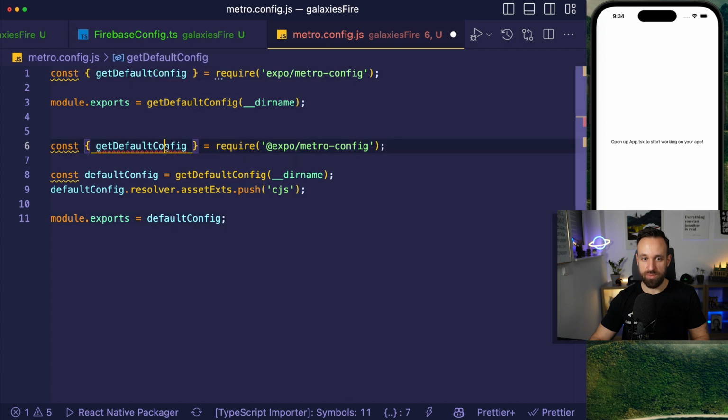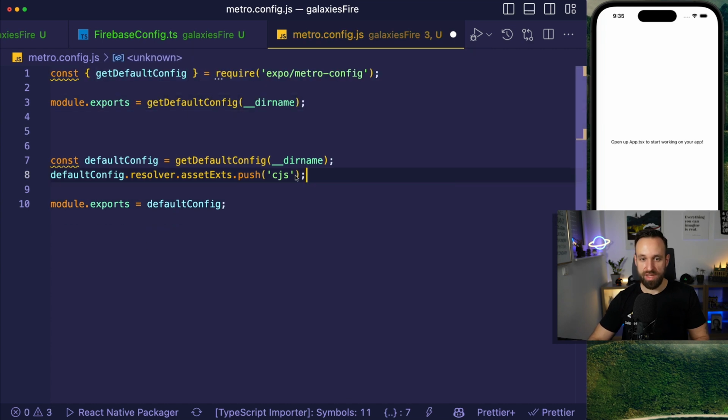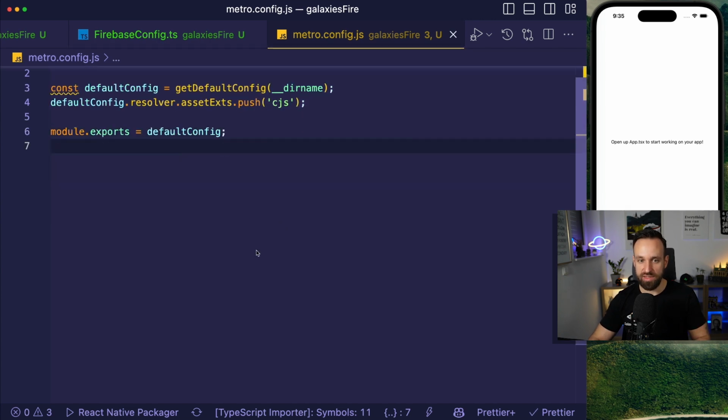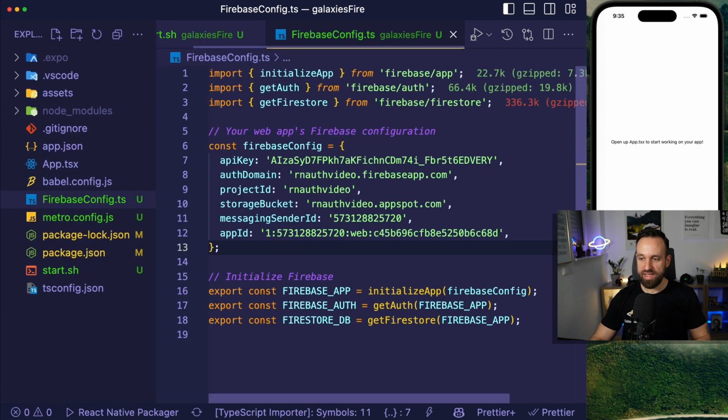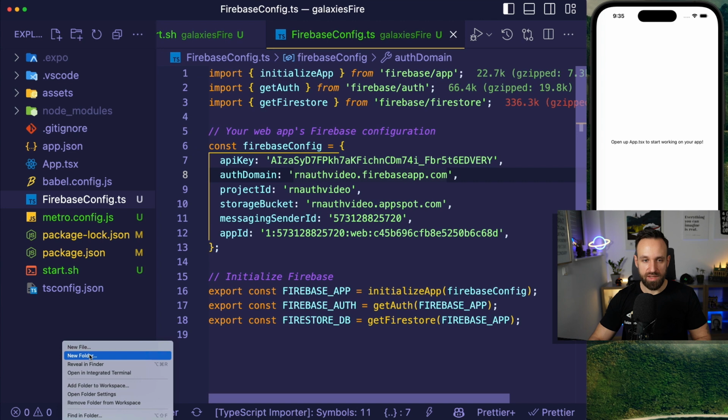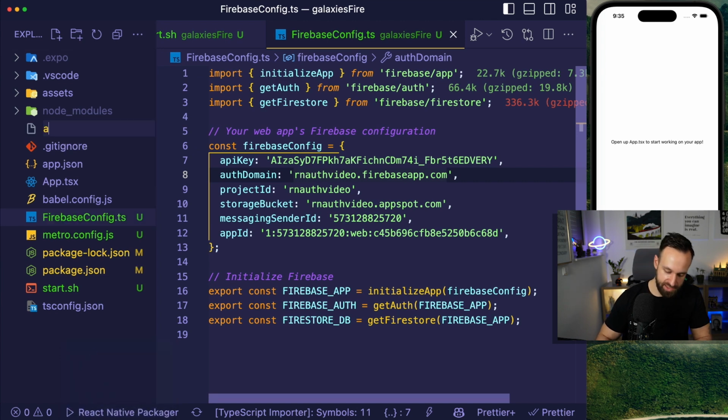We do have the same import and we do have the export, but now we're also using a default config. And this is how it should look in the end. This is also described in the Expo documentation. With that in place, we can actually implement our authentication. So let's create a new file at